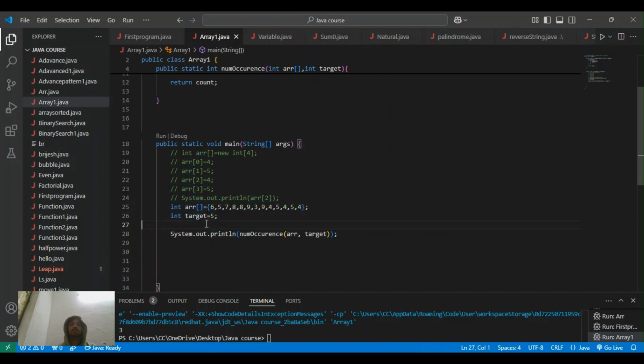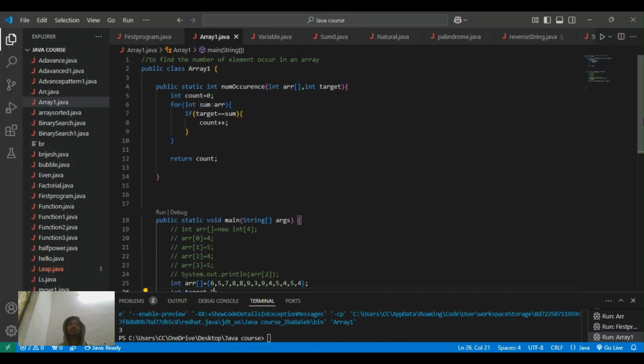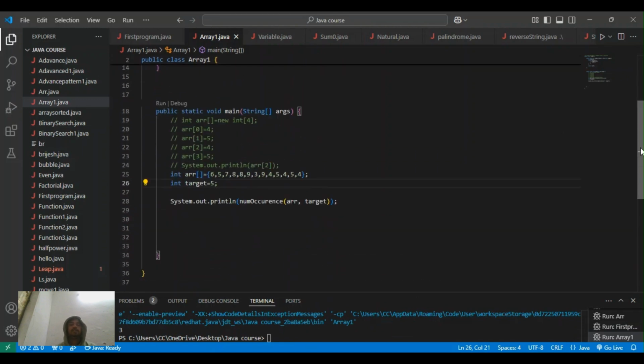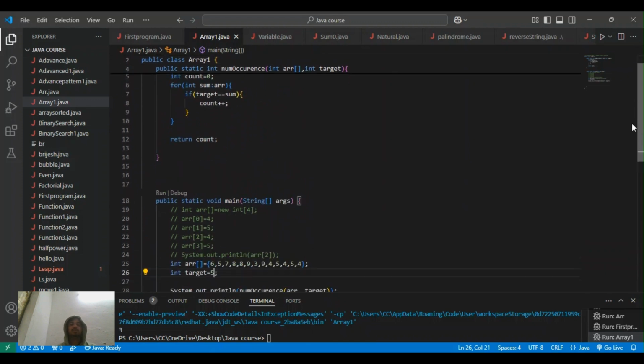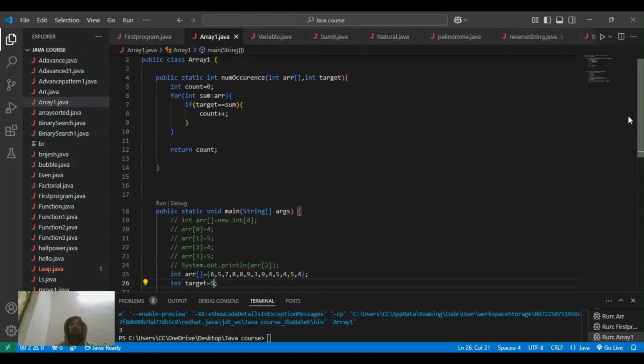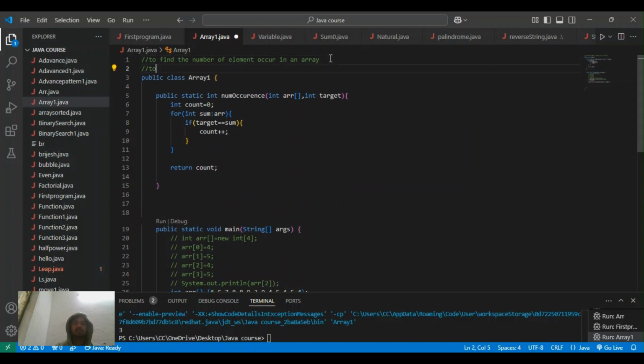Let's check for another number, like 5, and see how many times 5 occurs in our program. So here we can see 5 occurs 3 times. So this is the basic program, and I hope you understand this concept of array using this problem. So this is the first problem. I think this is enough for you to understand for today, and in the next video I will surely discuss another problem. Let me do another question, which is a simple question to reverse an array,